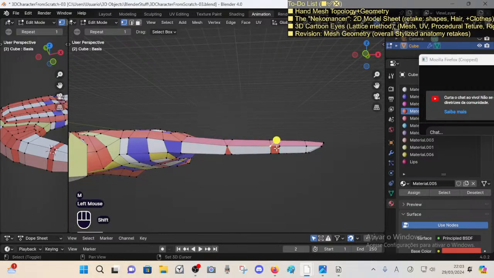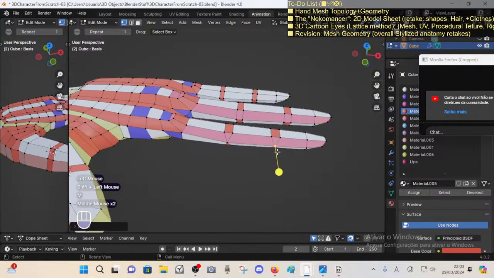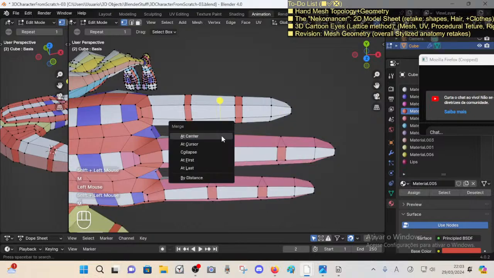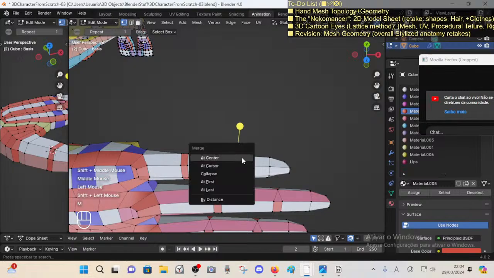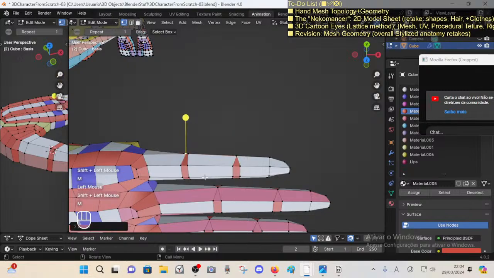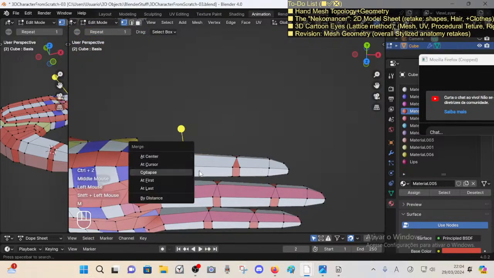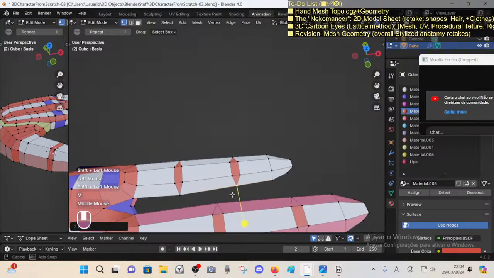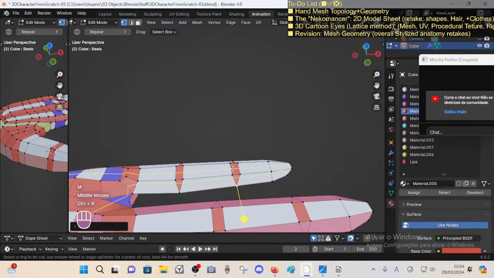Merge at center, merge at center, merge at center. Yeah, I have to do one by one. I don't know how to give many centers to Blender. I don't think this is possible with these tools. Individual centers, I think maybe there is, I don't know. So can I,